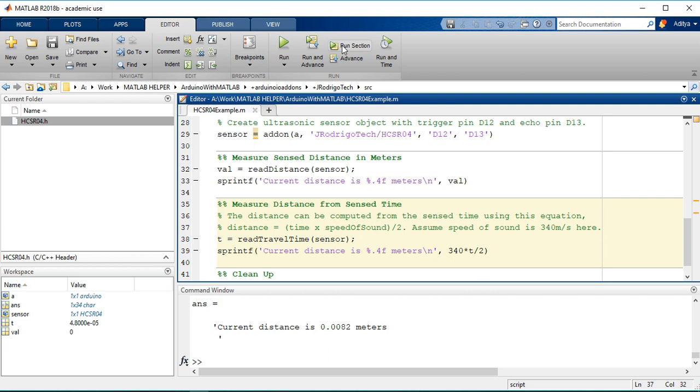In the next webinar, we are going to build something out of this Arduino and this ultrasonic sensor, so you guys can submit your idea. I'm just blocking it in front of the sensor and running the section, so it should decrease the distance.